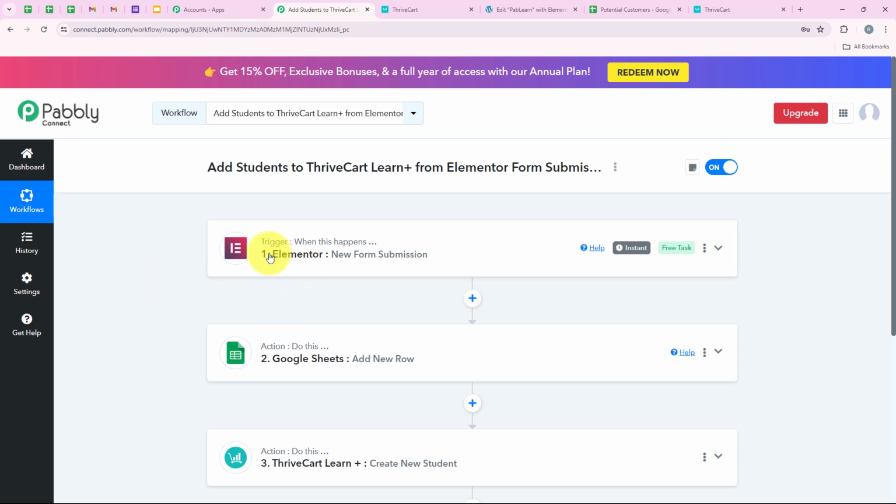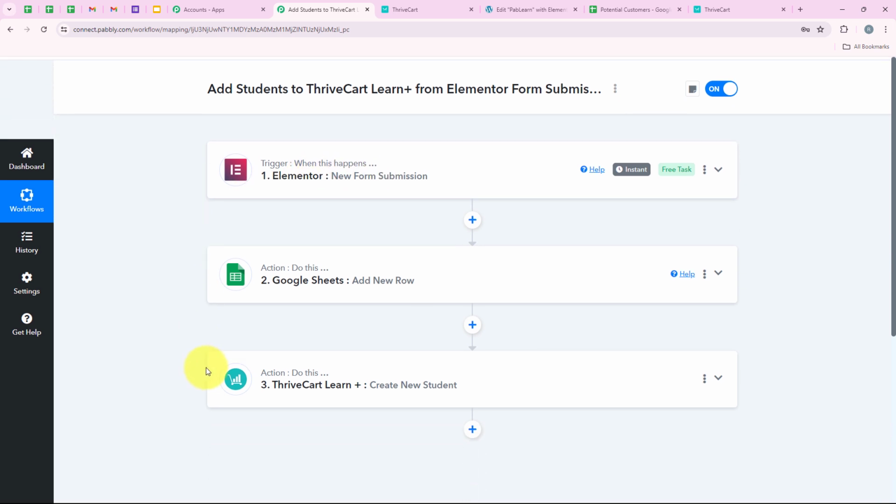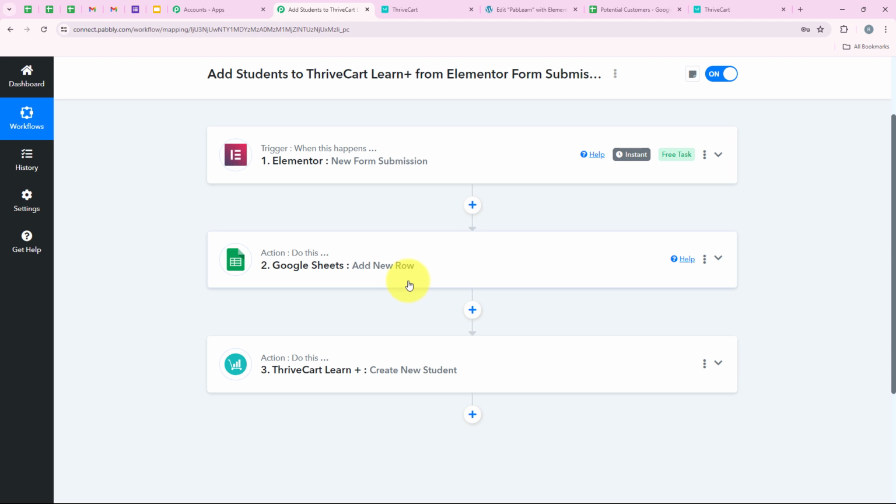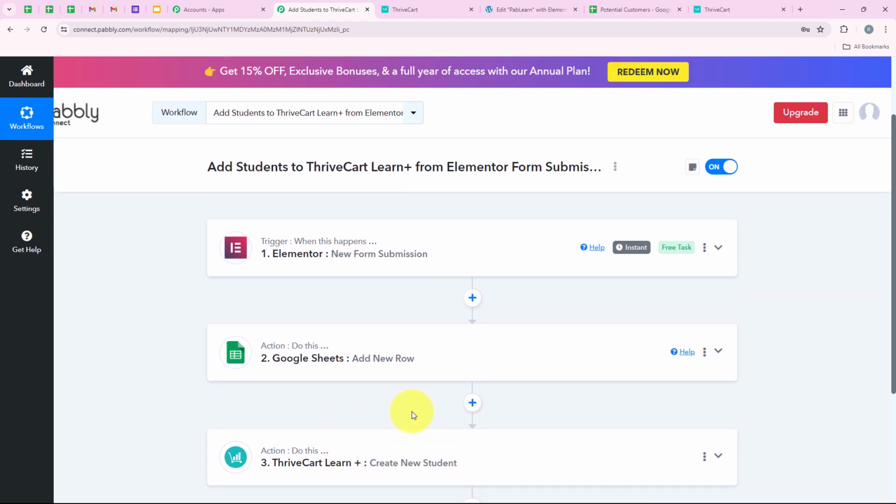For the trigger application, we selected Elementor. For the trigger event, we selected new form submission. For the action application, we selected Google Sheets, and then for the action event, we selected add new row. Again, for the action application, I selected ThriveCart Learn Plus, and then for the action event, I selected create new student